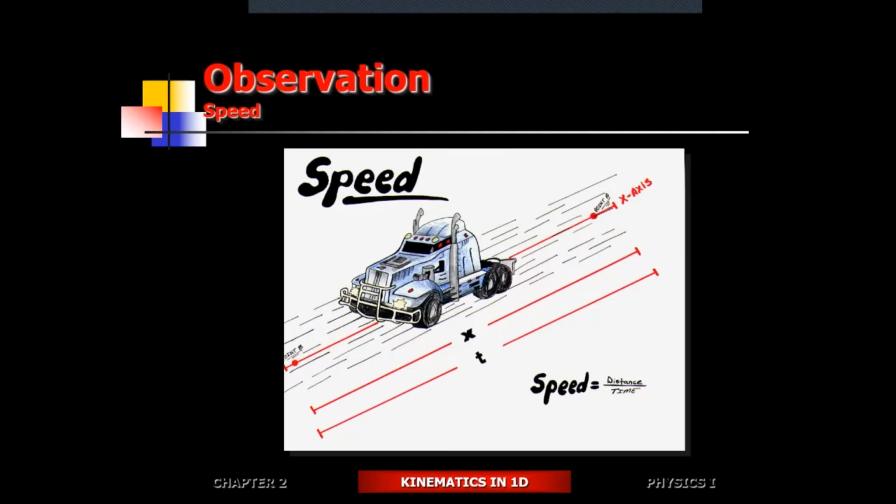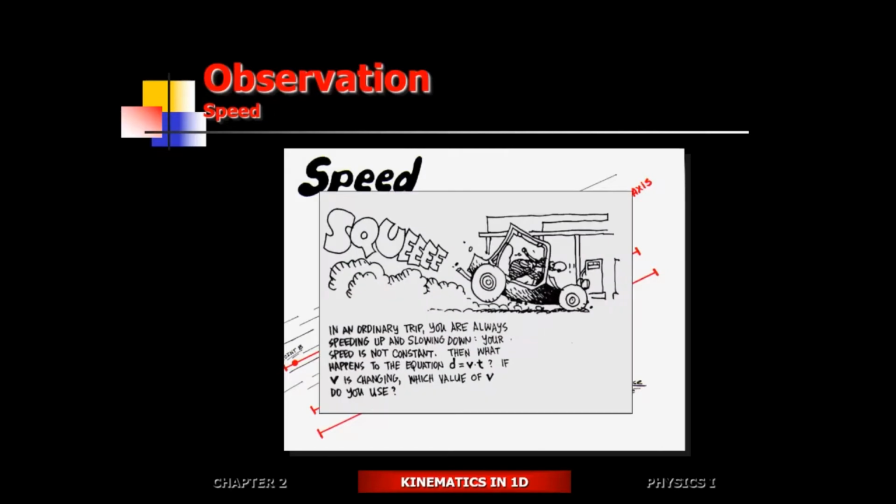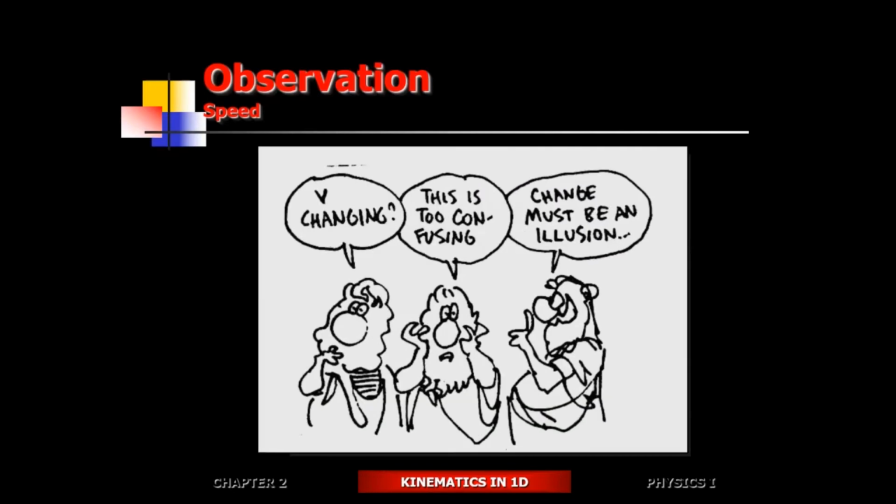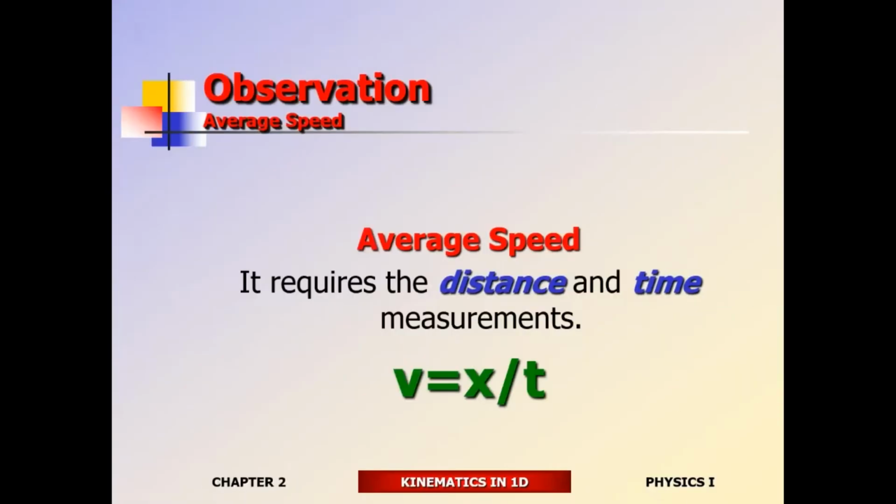One of the things that you need to realize is that when these guys are running, they don't go from 0 to 23 miles per hour within one single step. All right? And while they're running, they don't keep at 23 miles per hour in the case of Johnson. So the speed is going to keep changing. So if it keeps changing, what does that computation represent? So the computation is going to represent your average speed. That's what it means. So measured distance over measured time is going to be your average speed. The only thing you know at this point is Johnson had a larger average speed than Green. That's it. Johnson had a larger average speed than Green.